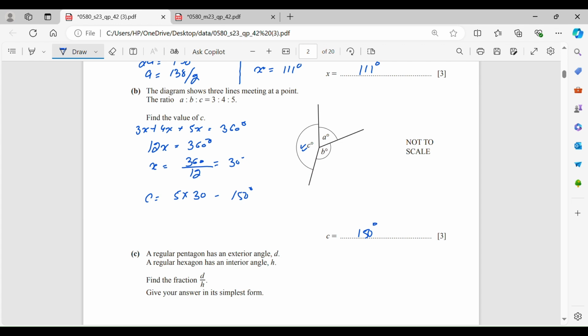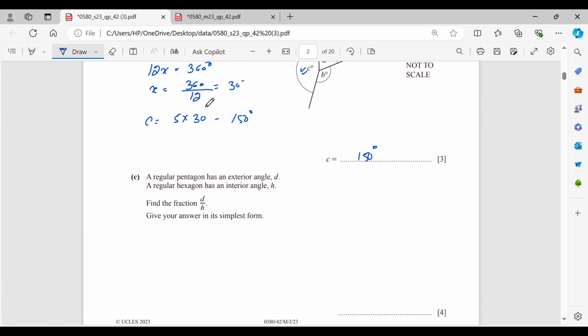Next, C part. A regular pentagon has an exterior angle D and a regular hexagon has an interior angle H. Find the fraction D by H. Give your answer in simplest form. So first we need to find the exterior angle. So each exterior angle,